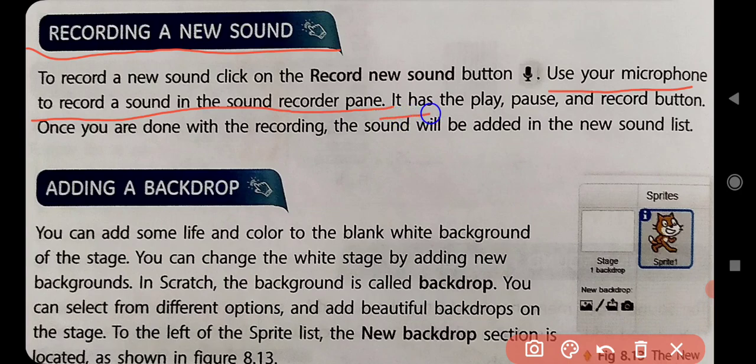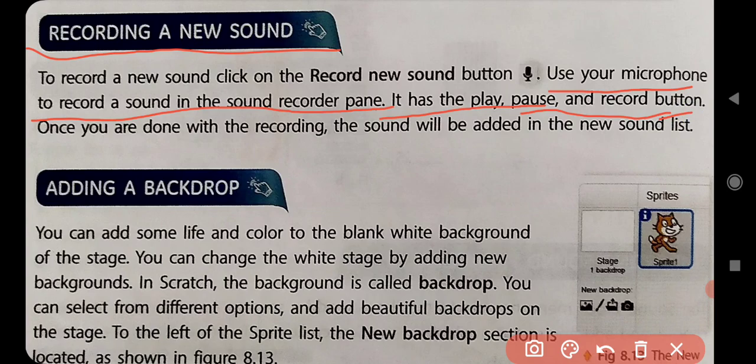It has the play, pause and record buttons. Once you have completed your recording, the sound will be added in the new sound list.